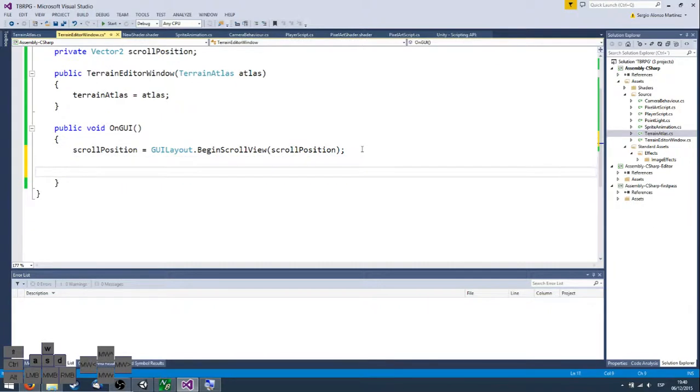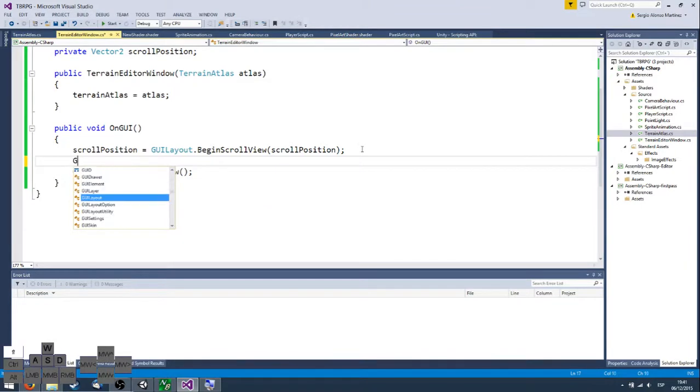Okay, then we need to end that scroll view. So whenever we have something in this scroll view, like another GUILayout, for example a box,